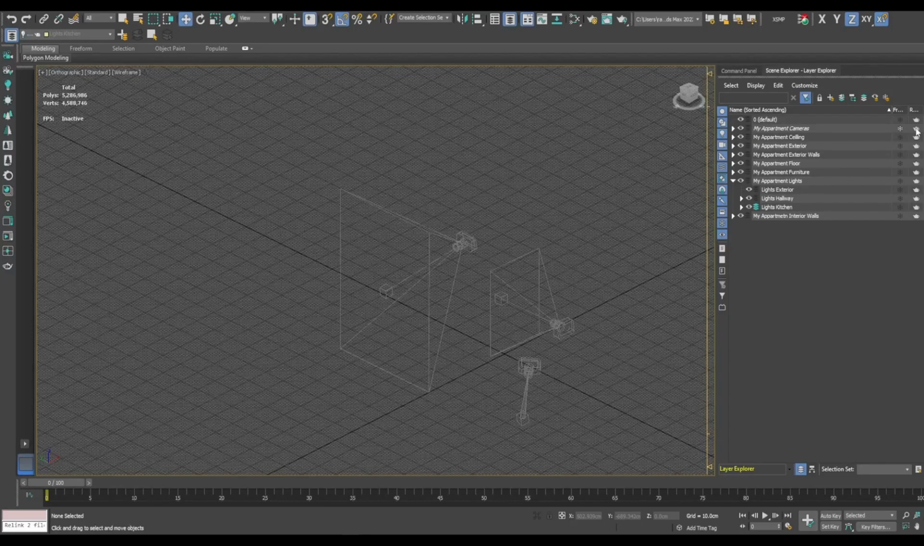What else can I do? I can tell the program to not render these layers. So for example, if I have objects in here, the ceiling, for example, I can tell the program that I don't want to render the ceiling, or I don't want to render some parts of the furniture or the floor and so on. So yeah, this is very, very helpful when you are dealing with huge scenes. This is quite small, so